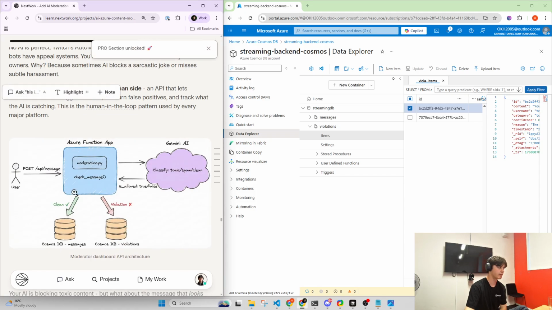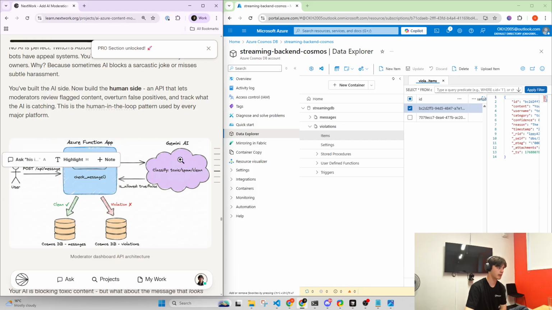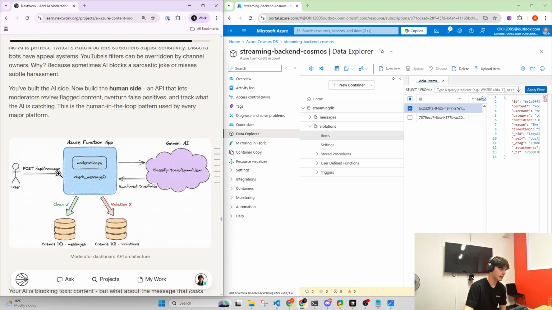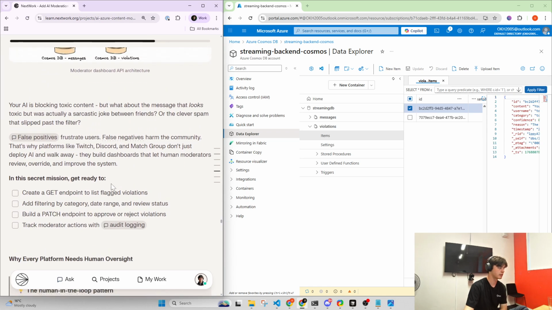Cool, so we have the Azure Function app, like we've set up here, the toxic, spam, clean classification of Gemini, and we have Cosmos DB for both violations and messages. And we're setting up moderation.py inside of that, and you'll see where this diagram goes. There's a few more